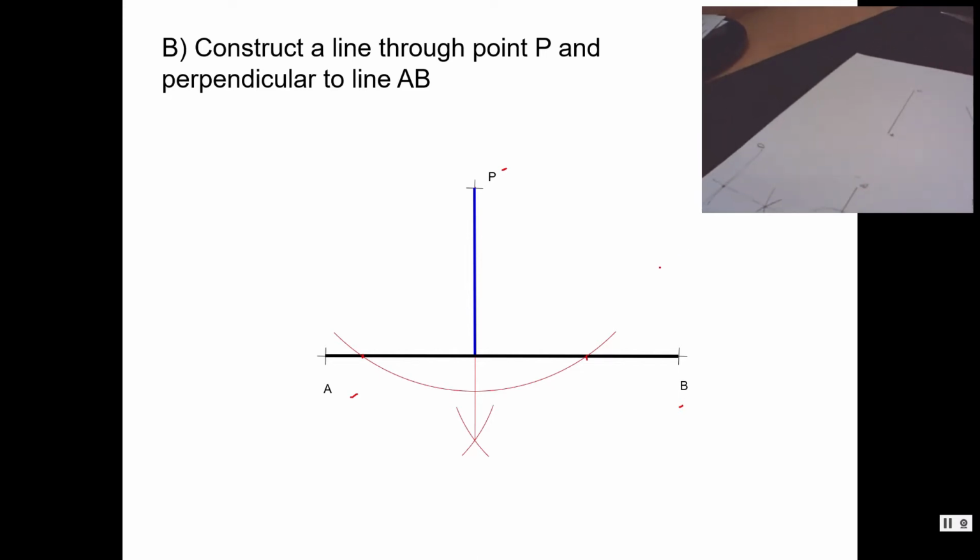I already drew the AB line here, and I just chose 50 mm. So now I'm going to put one point here as P. Okay, it's up to you to put it wherever you like. For me, I just put it here. So I want to make sure that the perpendicular line from point P will be perpendicular to the line AB. So the first thing is to